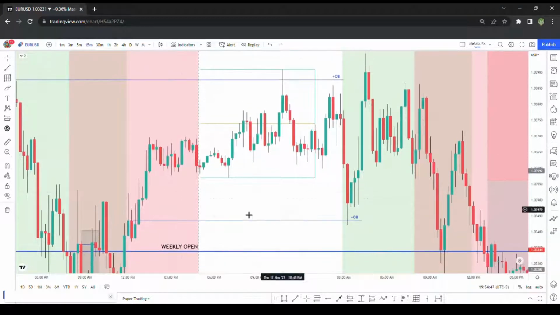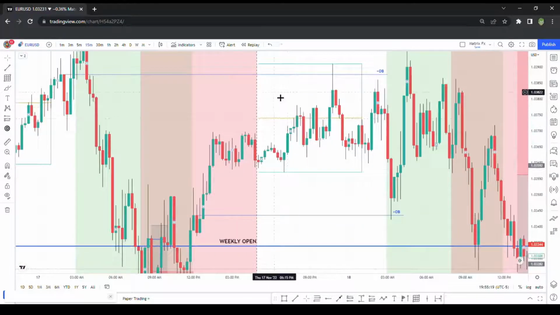So this was my target. Now if you're very fond of ICT's concepts, or even ICT aside, as a trader, before you go into any trade, you're supposed to know your entry, your exit, your stop loss, your take profit, so that you're able to weigh the trade if it is worth the risk, if you know what I mean. So in this particular video, or in my current trade in general, I have been using the 2022 mentorship entry technique. So I'll just break down the one I use here because I have, I think, two techniques of using that particular